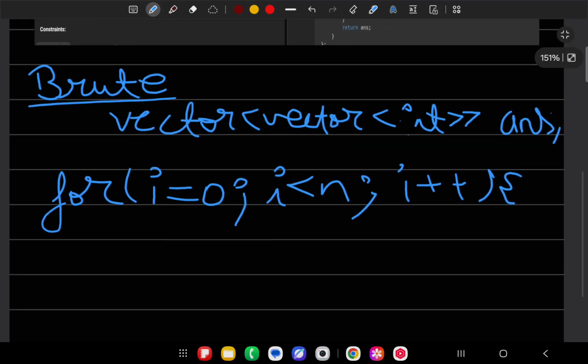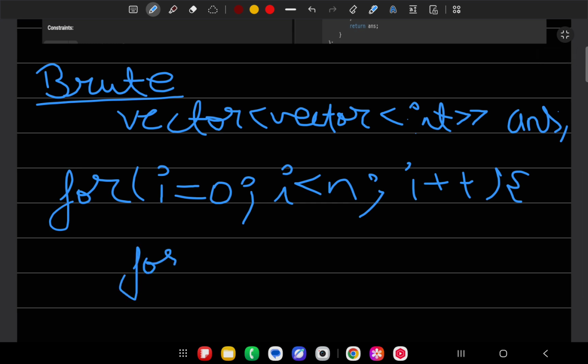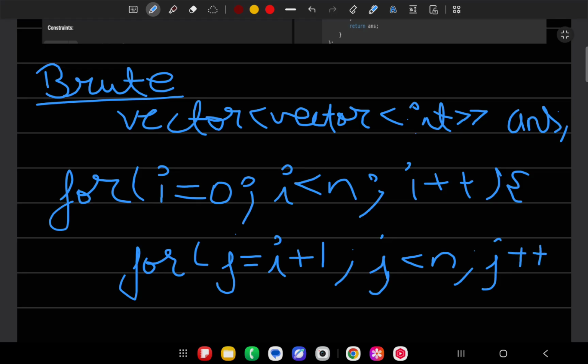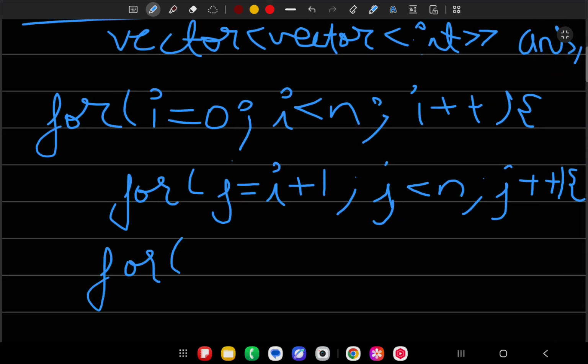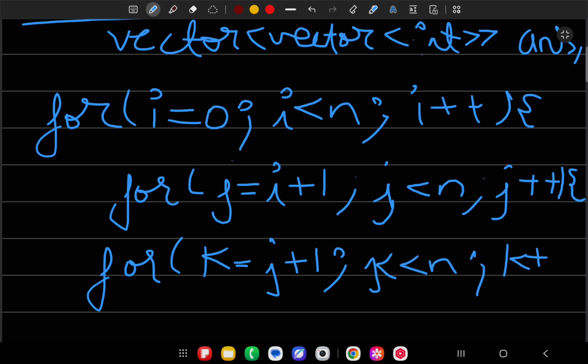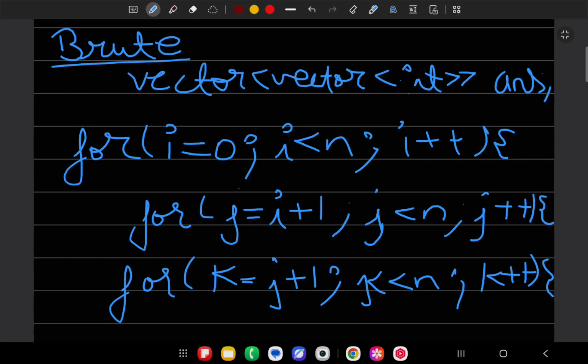Take a next loop. j will always start with i plus 1, remember, and j will be lesser than n. j will also plus plus. Again take a for loop for k equals to j plus 1 inside the j loop. k is lesser than n and k should be plus plus. Okay, and so please use a set here, use set, because